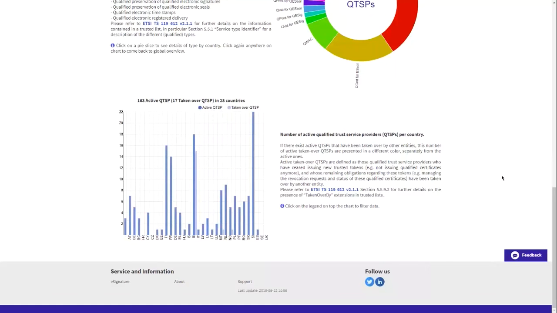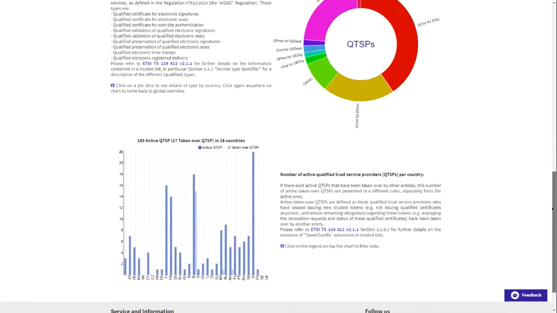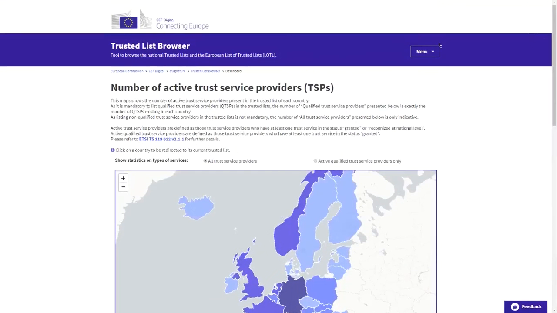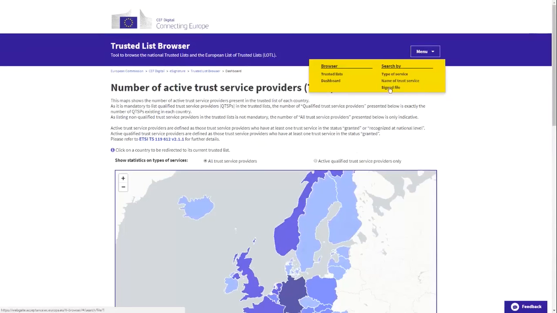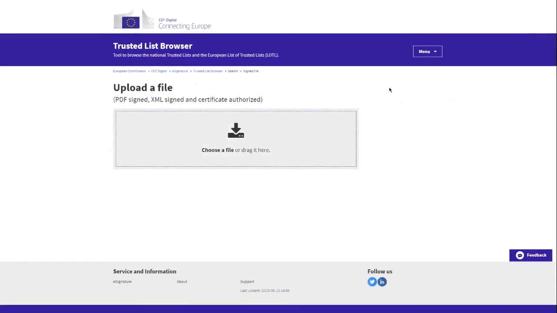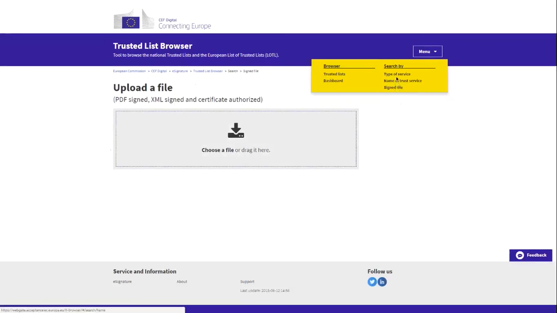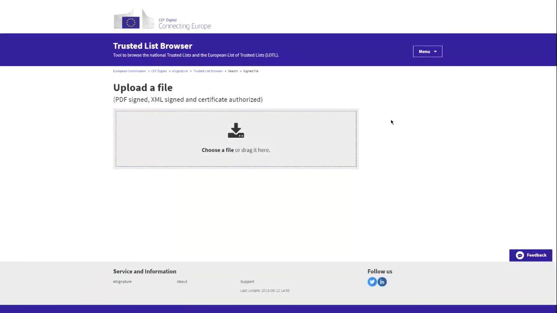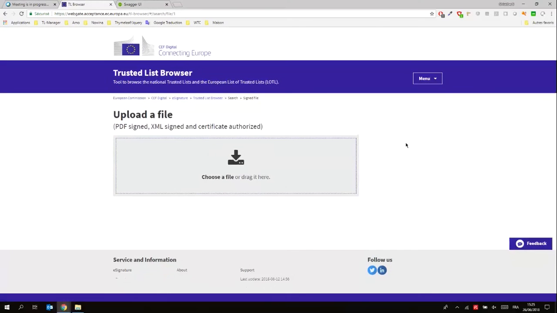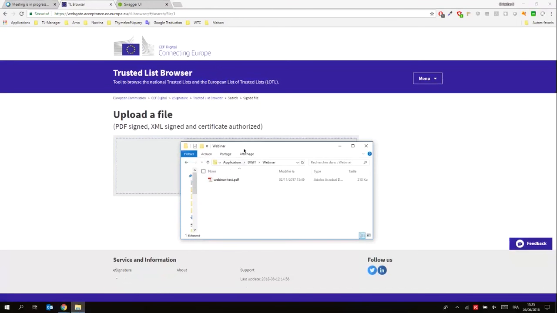Maybe on the signed file demo now. So again, we go back via the menu. It was a bit quick maybe, but what Simon did here is that he selected one of the search features, and one of them, as we discussed, is the possibility to search based on a signed file. So here he selected the signed file, and he will now drop a signed file into the search zone, and you will see that TL Browser will extract.